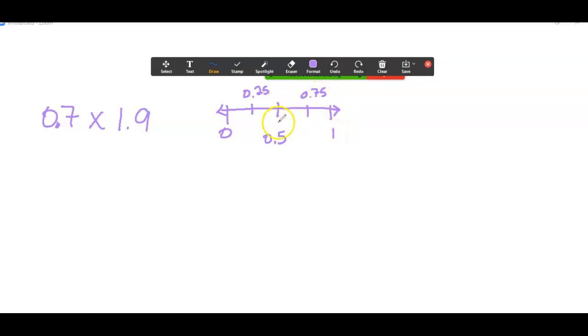So if my midpoint is 5/10 and this is 75 hundredths, this 7/10 is probably going to go pretty close over here. I can see that it's actually closer to 5/10, closer to a half than it is to a whole. So I think I'm going to do both